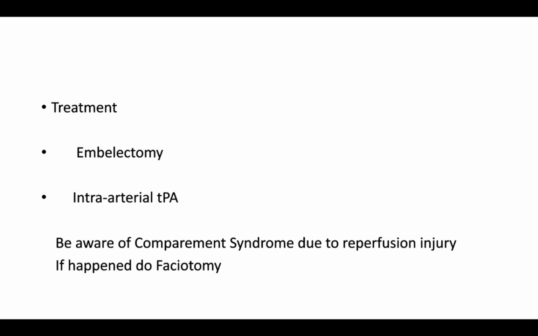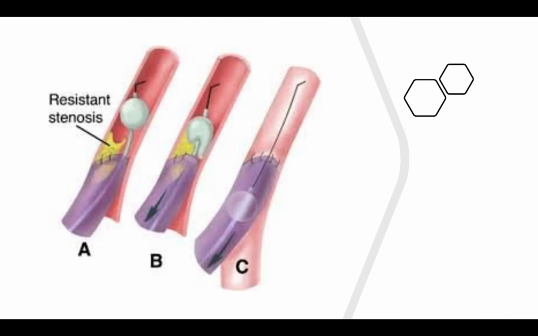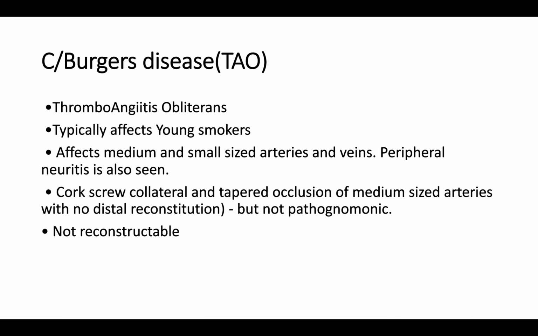Be aware of compartment syndrome due to reperfusion injury. If that happens, then you need to do fasciotomy. And usually this could happen after the embolectomy or intra-arterial tPA. Here is the picture of the idea of the embolectomy. You go with the catheter, you bypass the block, and then you inflate the balloon and you drag the thrombus out. That's the embolectomy. And by this, we finish the most important 2 arterial pathologies, acute and chronic limb ischemia,